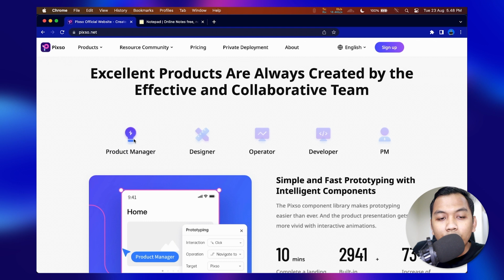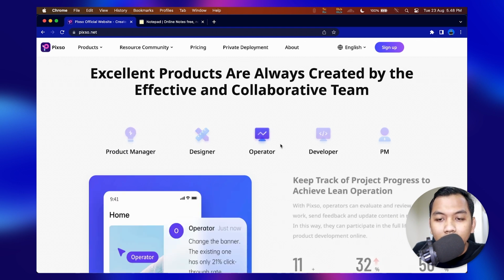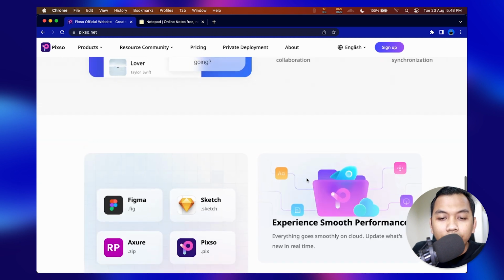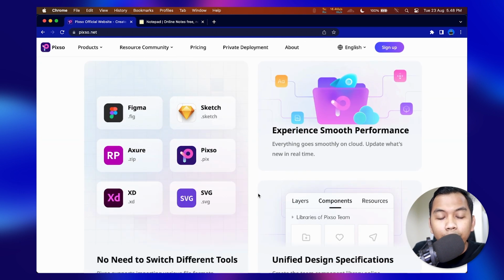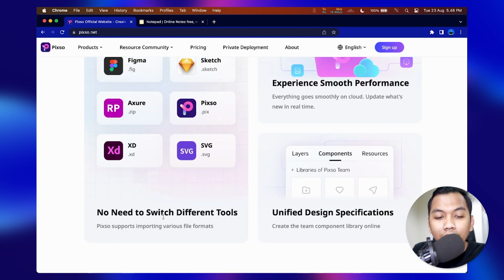We can use it if we are a product manager, designer, operator, developer, and so on. And if previously we were using Figma, Sketch, Adobe XD, and so on, as we can see here, we don't need to switch between different tools.